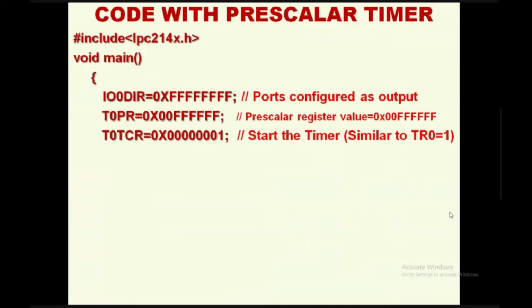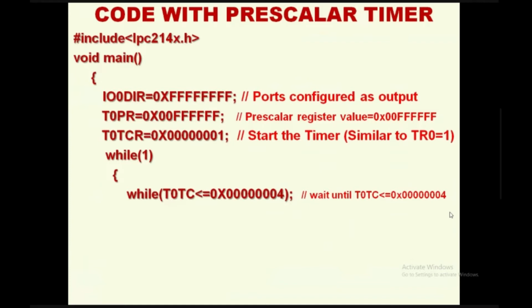Now the direction register is initialized. Why? Because we are interested in blinking the LED whenever the time elapses. For that purpose, we have initialized port 0 by making the direction register of port 0 as FFFF, so those pins become output pins, and the prescaler register and timer 0 are initialized as shown here. This timer initialization and port 0 initialization has to happen only once, hence it is written inside the void main. Then while 1, while the timer 0 timer counter value is less than or equal to